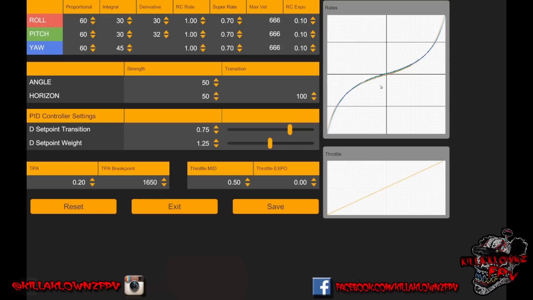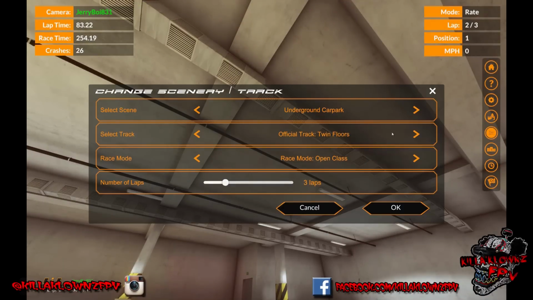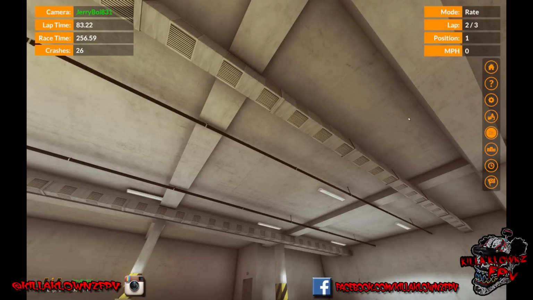So this thing is as realistic as it gets. Full rate chart, so you have your curves and everything. Throttle, I won't show it when I'm doing it, but you can adjust it here, and then you can save and hit exit. Here, if you wanted to change your scenery, you can switch to whatever you want, hit OK, and it'll do it. It takes a couple seconds. In LiftOff, I always had issues, like it takes forever to load,